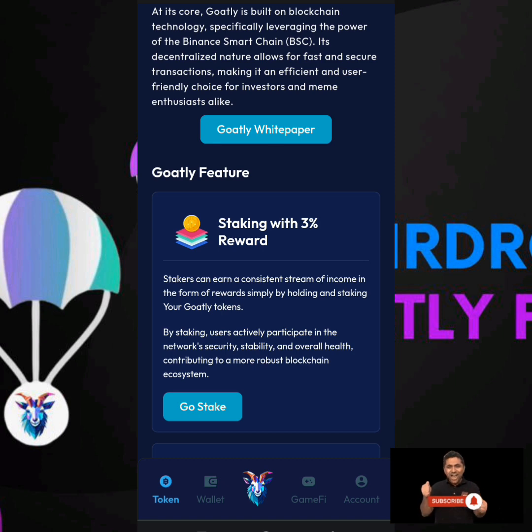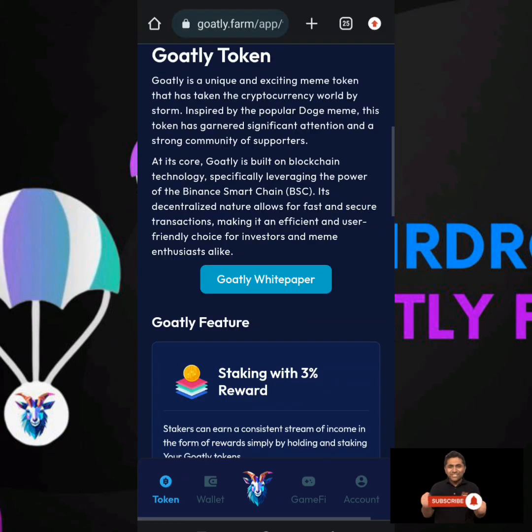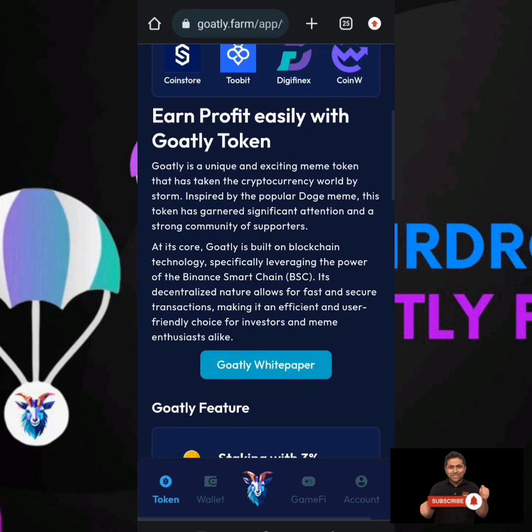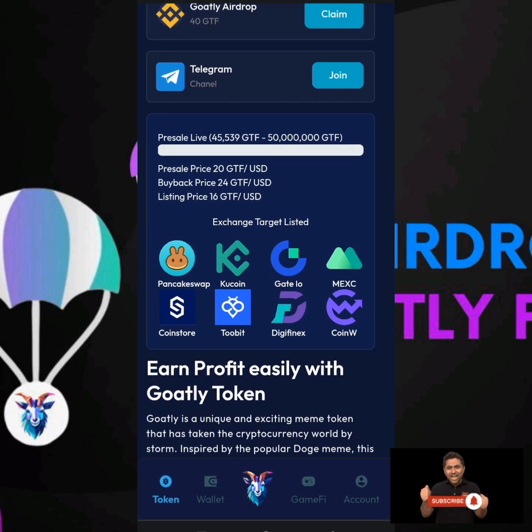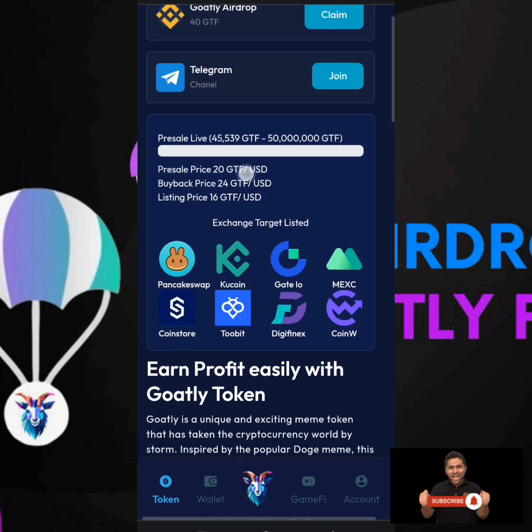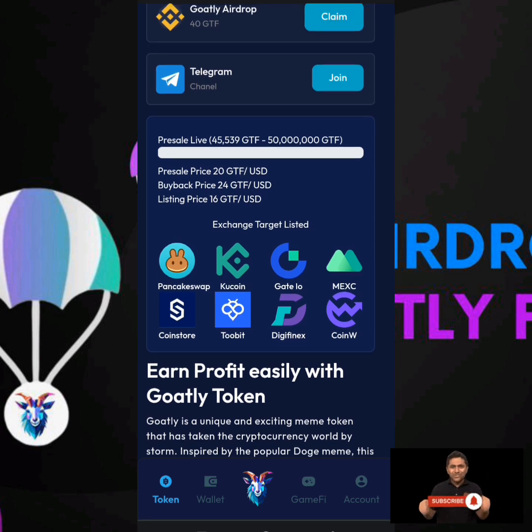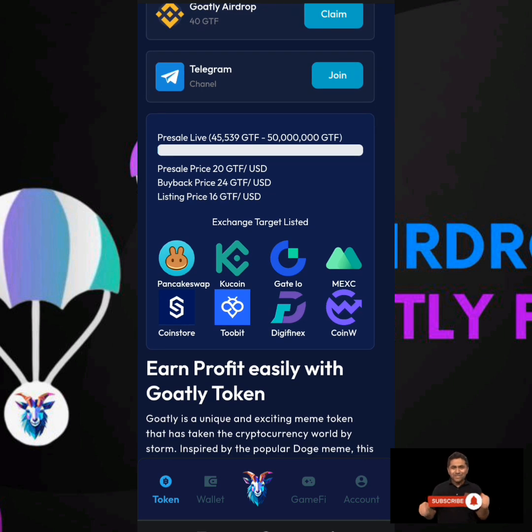You can see that staking is a 3% reward. If you come to this place, you know that the pre-sale is $20. If you want to buy this Goatly, it is $20, and buyback is 24 GTF.